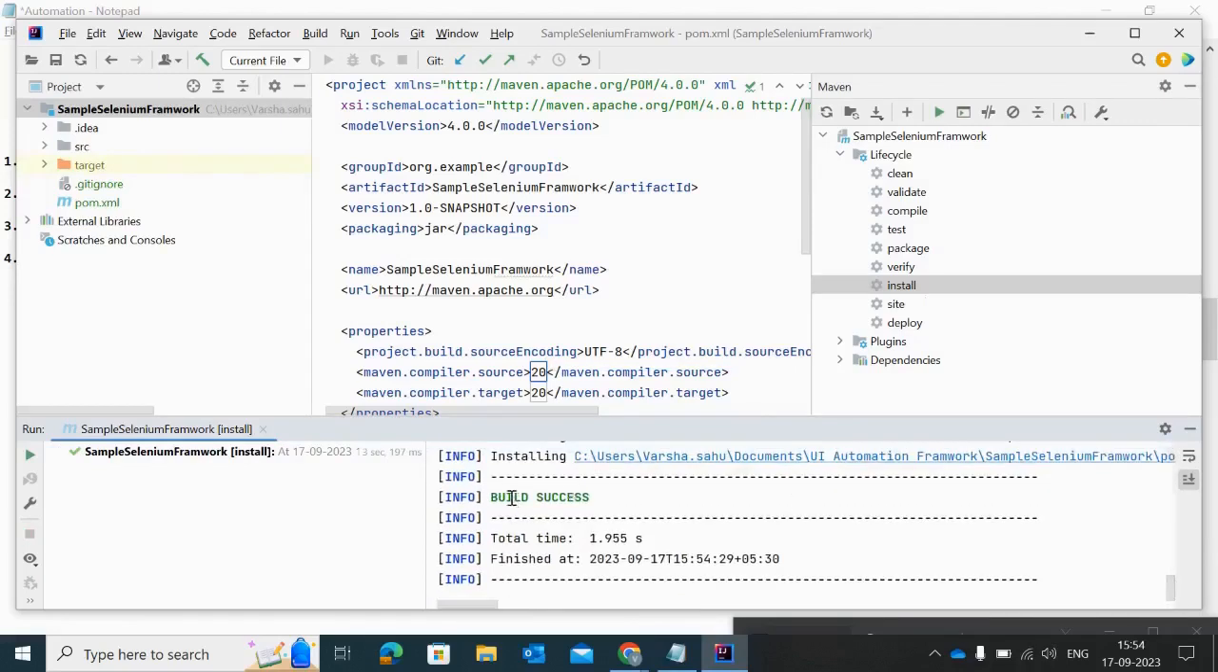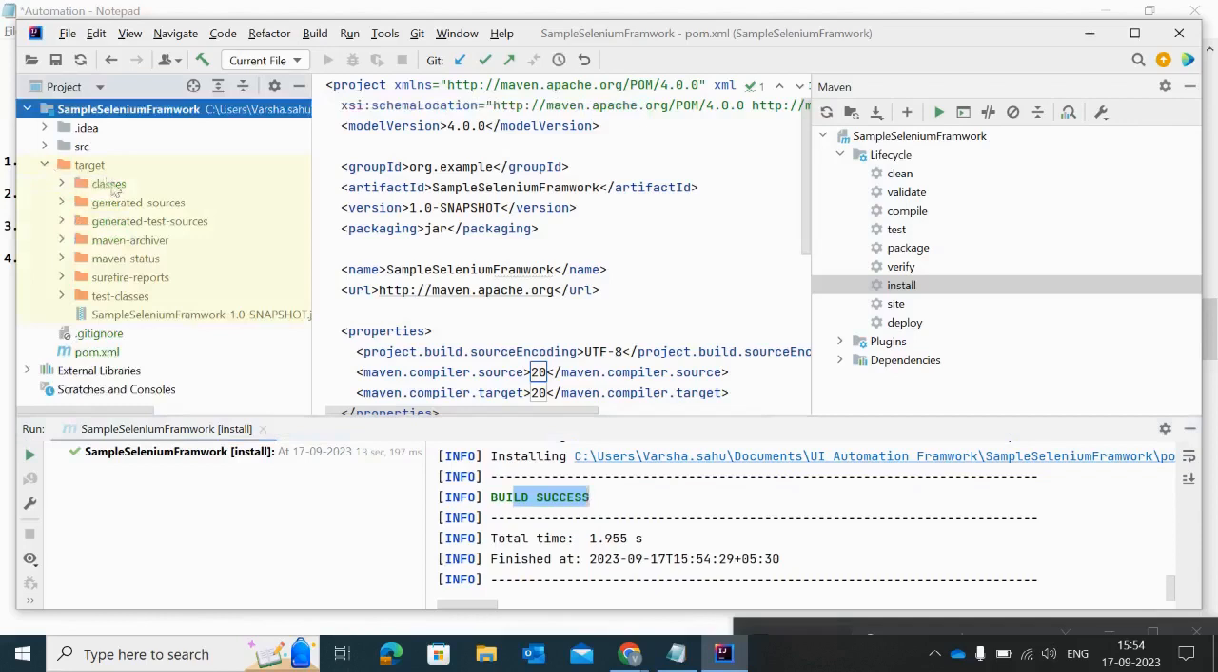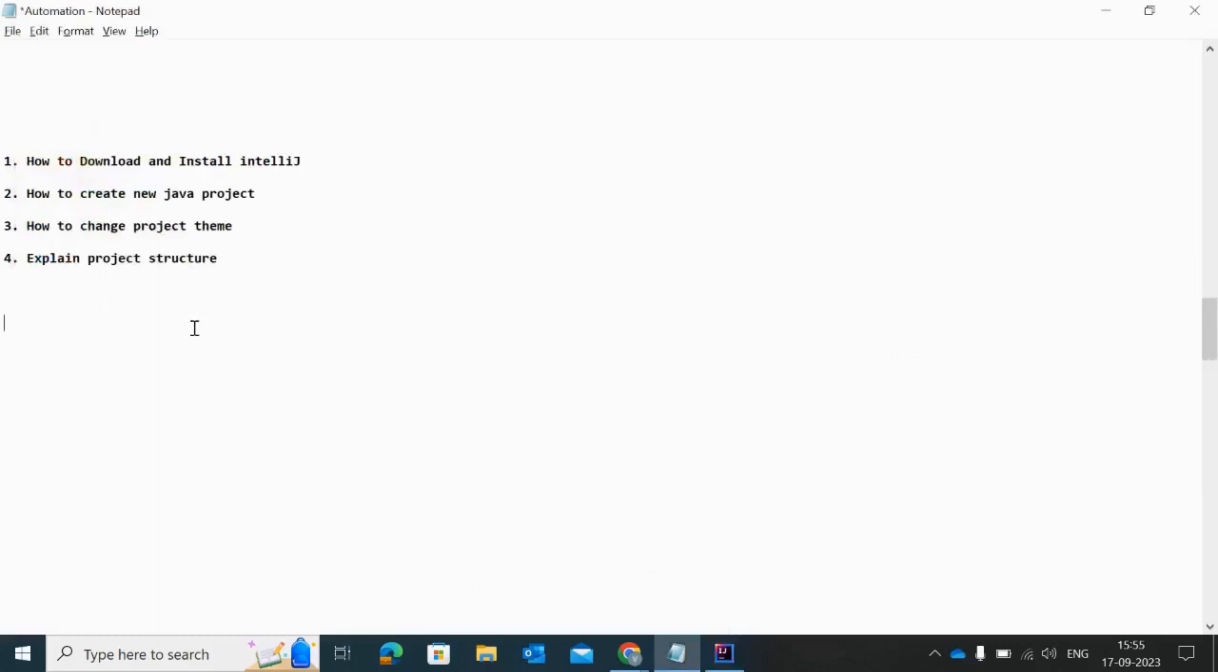And as you can see, it was successful. After building this project, the target folder will be created in your project. Inside the target there are some Maven specific folders which we can discuss later. And let me just tell what is my next agenda. Like, the fourth one we completed, and the fifth one is create a package. So let me just create one package here,